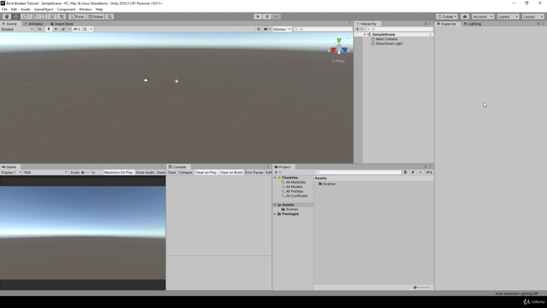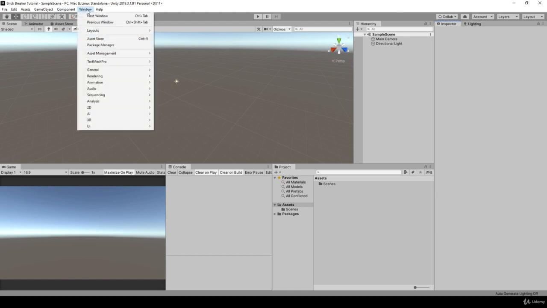You also want to see the inspector window. Usually I have mine on the right side, so I can see all the components we are working with, rather simple. Also, you might want to put your lighting tab, which you can open from Window